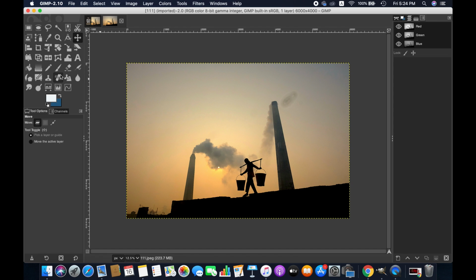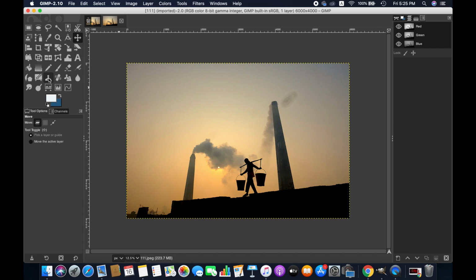But the spot healing brush tool does take the background into consideration for blending. So if you have a picture with different colors or lights in the big background, then I would personally recommend you to use the spot healing brush tool to remove your objects or spot. But if your picture background is kind of steady, I mean if your picture has the same lights and colors in the background, then I would recommend using the clone brush tool. Just to show you, I'm going to use the clone brush tool first and then you can see the difference.